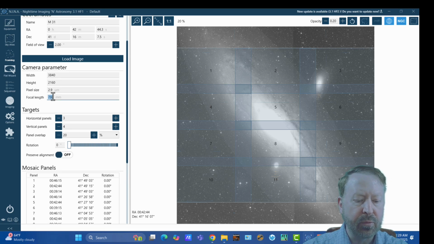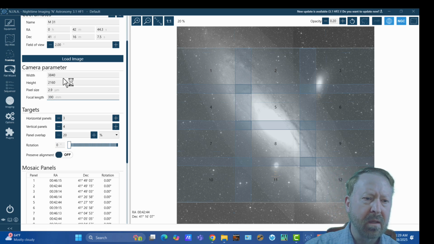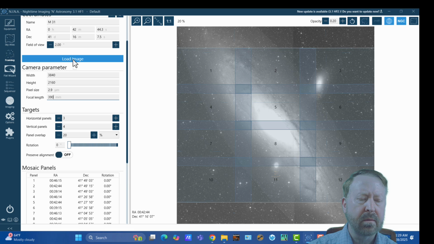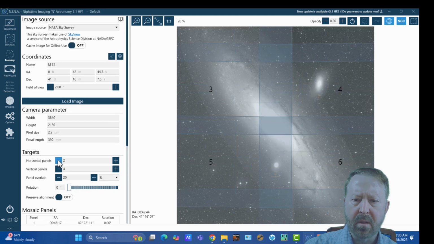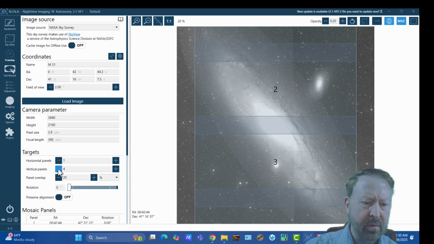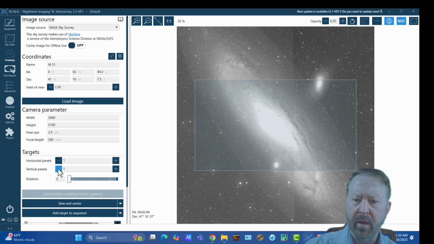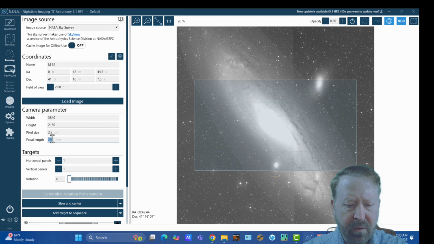So let's see what happens if we take half the focal length, 390, and then we'll load the image. So you can see now with a shorter focal length, the same object can be done in probably 6 panels. Now we're going to go back to the default 1 panel because we're not going to do a mosaic. And we're going to go back to 780 on the focal length